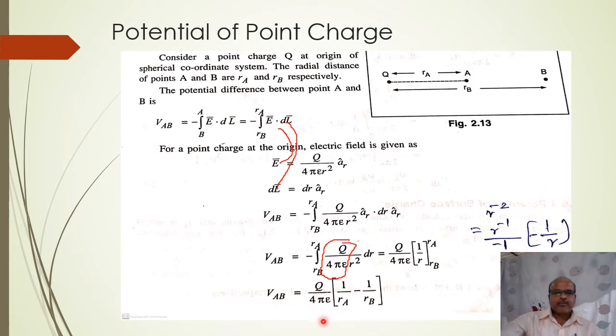So find the electrostatic potential of a point charge. A 6 marks derivation comes in the exam, so you have to derive up to this. The derivation is easy. You have to recall the formula for electric field intensity at the origin. It is given by this formula, and you know the work done formula, integral of E dot dL. Put the values of E and dL. aR cap dot aR cap becomes 1. After solving the integral, we will get this value.